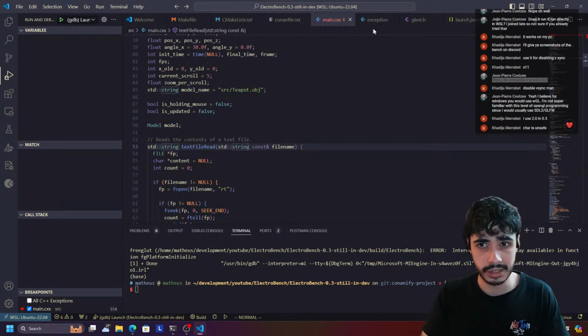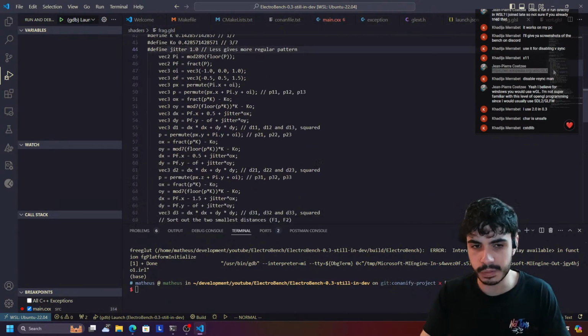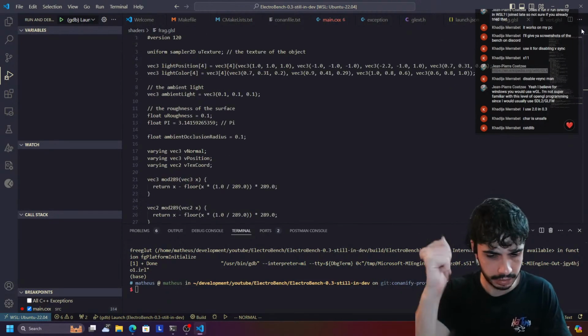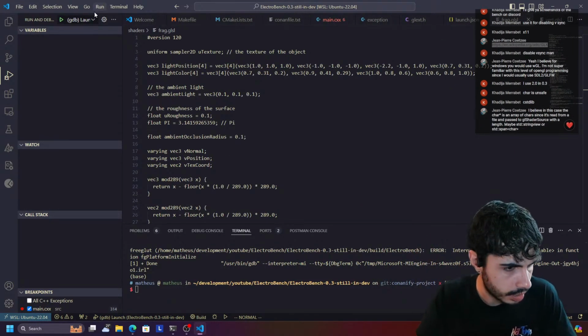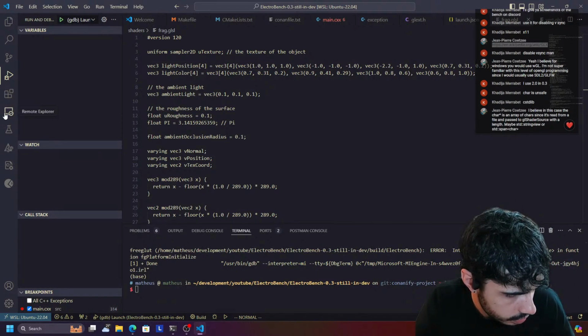In this case, these fragment shaders and vertex shaders that you have are so tiny that even if you do the slowest file reading in C++, it's still going to take you a split second. I believe in this case, the char star is an array of characters since it reads from a file and passed to, yeah,